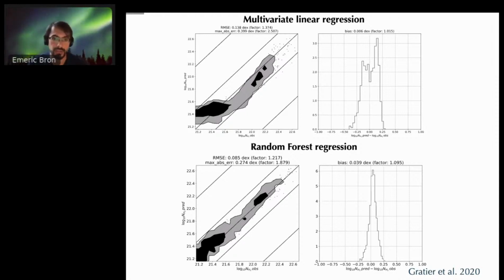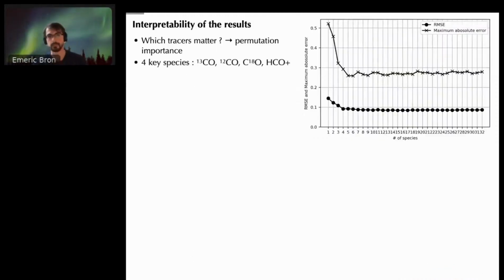And with random forest, we see that we get a much better prediction with almost no bias. And the root mean square error on the logarithm is equivalent to an error factor of 1.2, so typically around 20% of error on the prediction of the total column density of gas. The interesting point with random forest is that we can take advantage of their interpretability and try to understand how